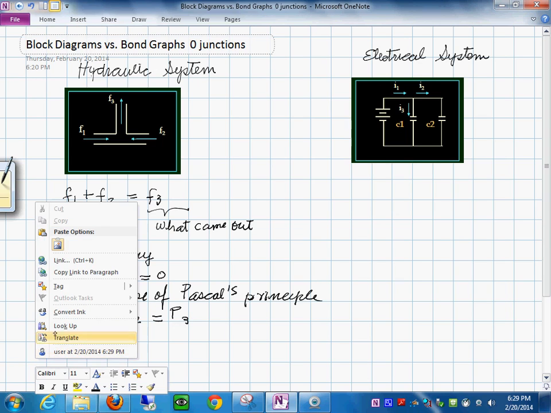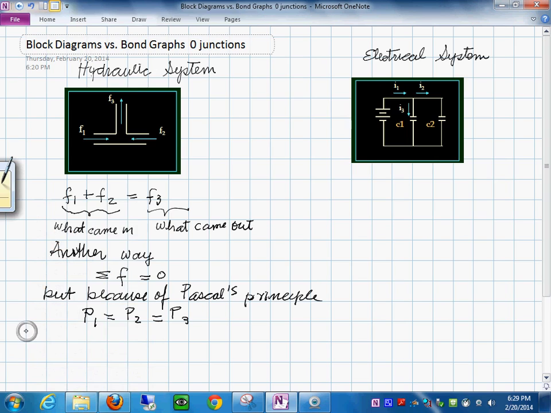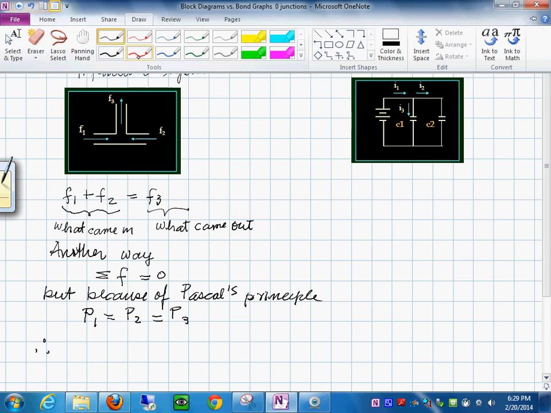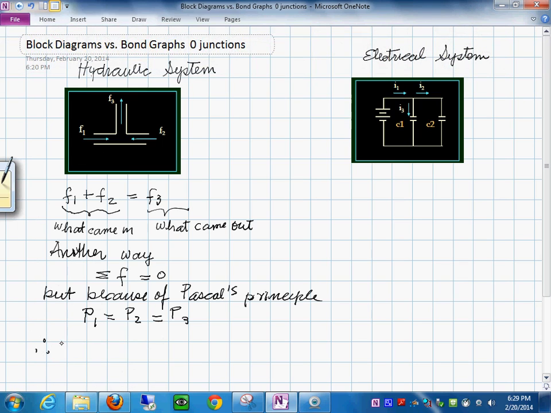Therefore, conclusion of this, therefore, let's just use another color. So in here, therefore, the flows sum, the pressure is the same. Okay, so if that's true,